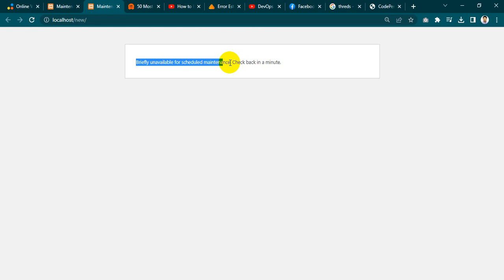This is a common error, and why does it come? Why did it come? Because if the user or admin updates their plugins or theme,